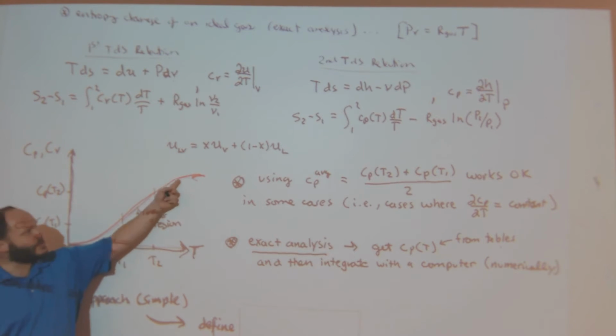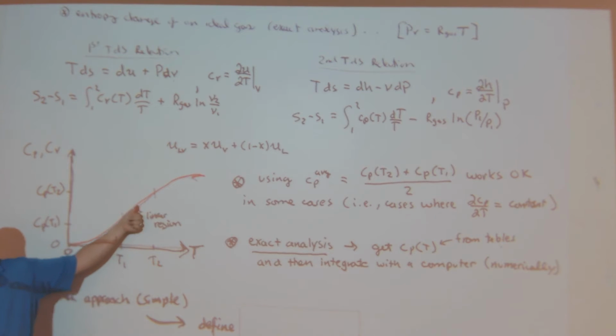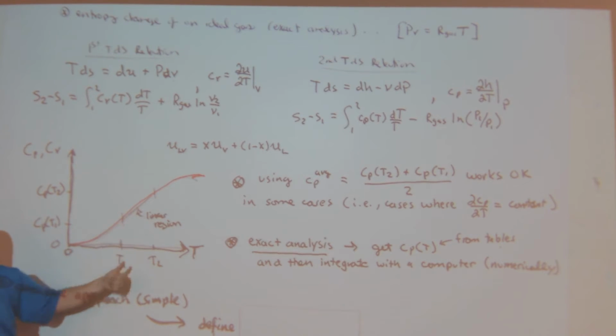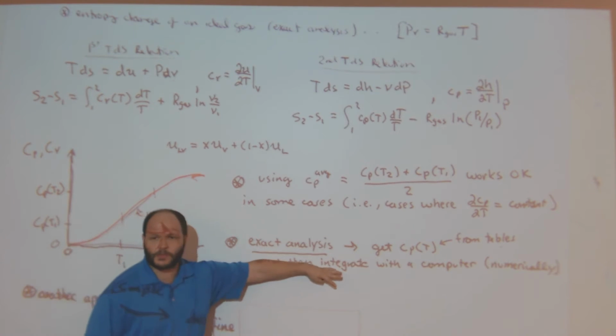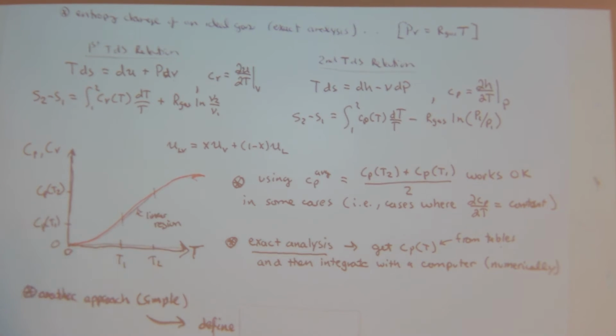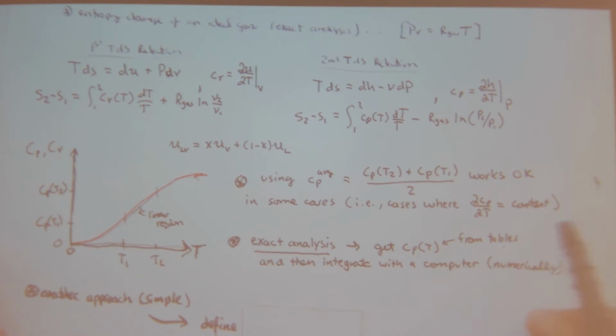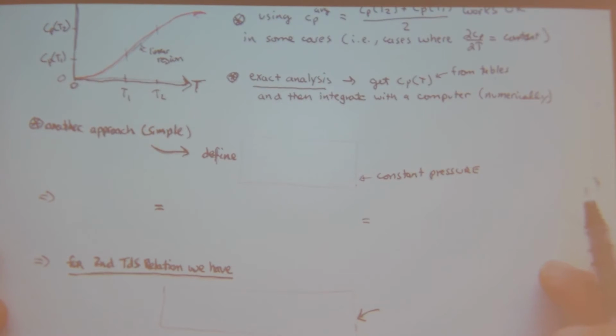So you have CP at T, and you can calculate the first moment, which means the average heat capacity, numerically. You get data from tables and then you use a computer. Another approach,